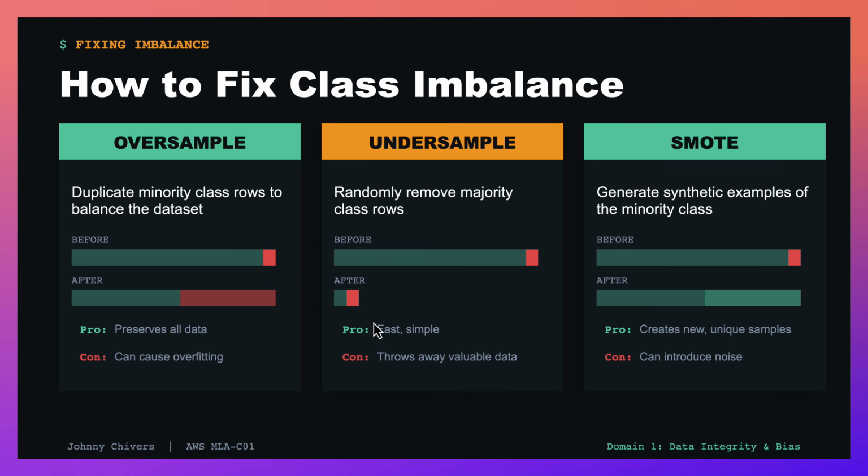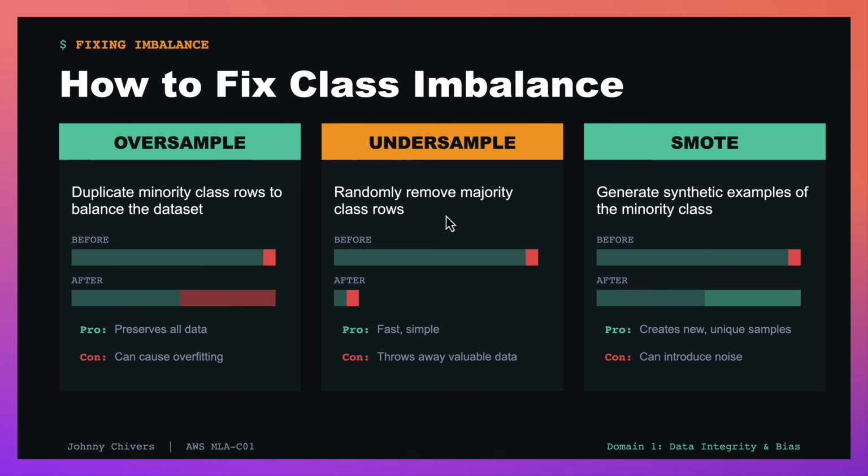So how do we fix class imbalance? And again, for the certification, you will need to know each one of these. You can oversample. This is where you duplicate the minority class rows to balance the data set. So you take this red and you sample it and duplicate them, and then you end up with a class that's more balanced, shown by this diagram. It preserves all the data, but can cause overfitting,